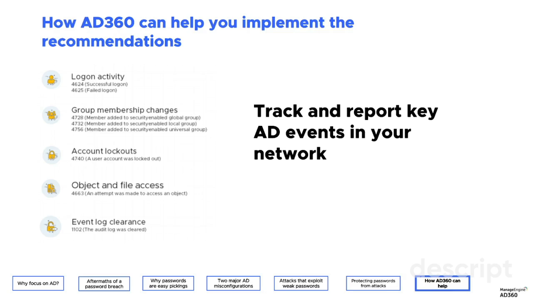Logon activity on your Active Directory can be tracked through 5624 and 5625. These two event IDs are going to come in handy if you want to track logon activity. If there's any deviation, let's say repeated logon failures, you can set an alert or get notified. Similarly, if there are modifications to group membership, you would know if a new user gets added to a security group. If some security group is disabled, you should be notified and you should keep track of it.